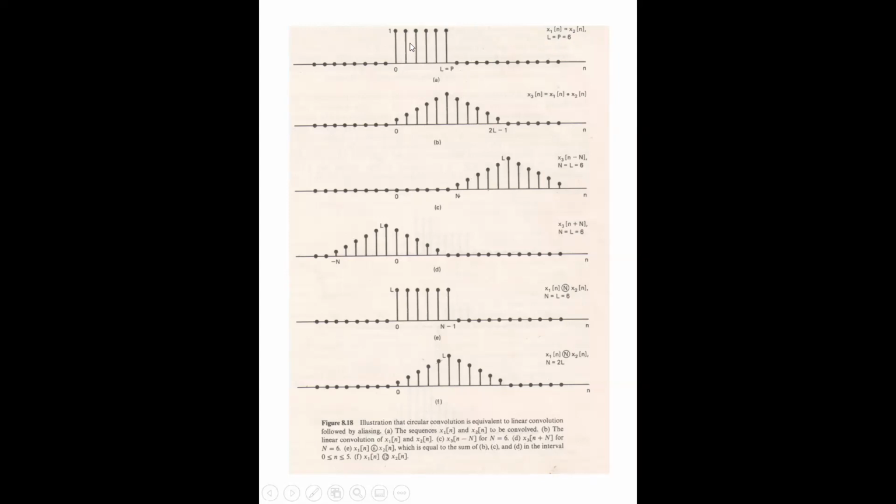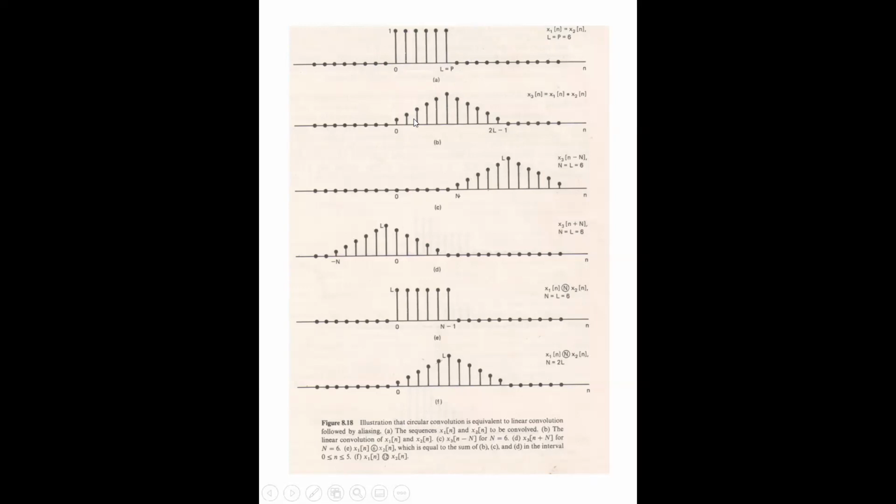So you see there are 6 samples: 1, 2, 3, 4, 5, 6. Clear? Now this is the linear convolution of the two sequences. That's very easily done. For that, you have to mirror reflect the second sequence. So only one sample overlaps now, and the product is equal to 1.